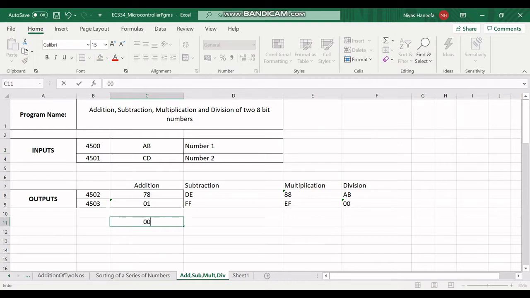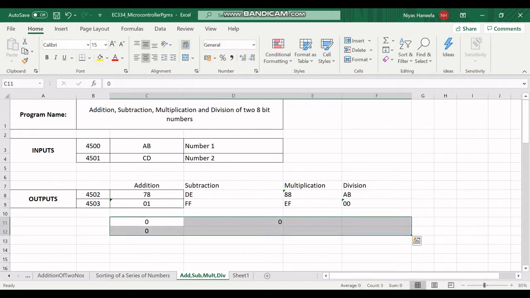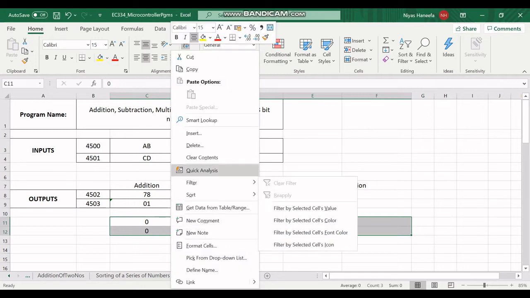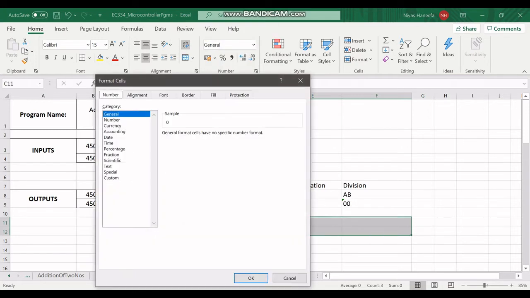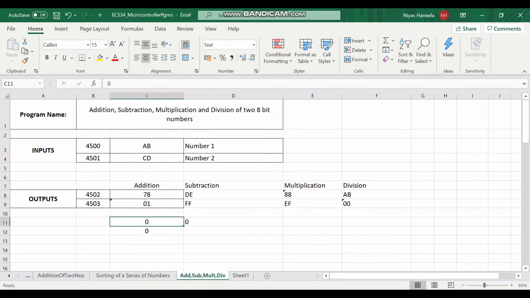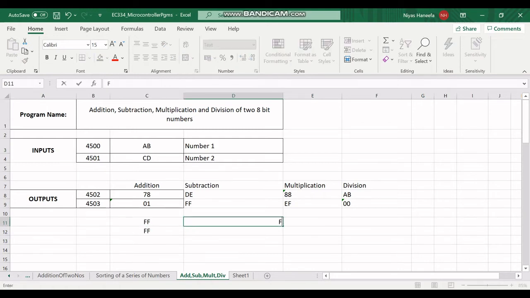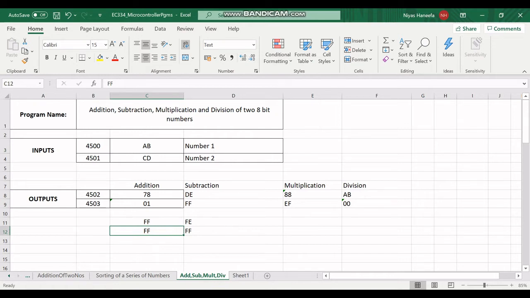In the case of addition, what are the worst case inputs? We can give 00 and 00. The output is going to be 00 within 8 bits, right? But when we give the worst case, the largest number, for example FF and FF, FF plus FF, we are going to get 01 FE. Cross check in the calculator. That is what we are going to get in the case of the worst case input FF and FF for addition.